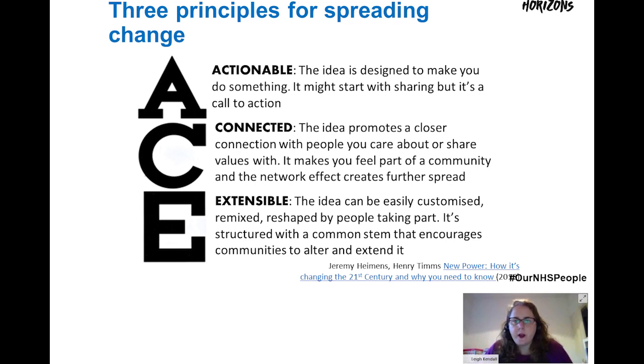And help it be customisable as well, reshaped by people taking part. And as I understand, part of the people plan is to be looking at how different organisations can customise, perhaps the wrong word, but what they need to do locally to make things a reality. So it's helping people understand what they might need to do to take part in a way that's relevant to them.